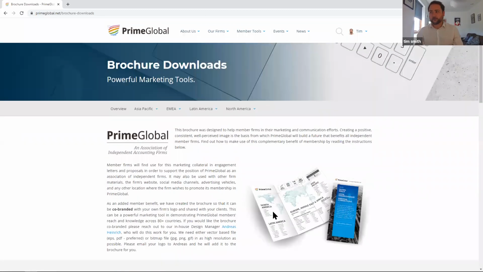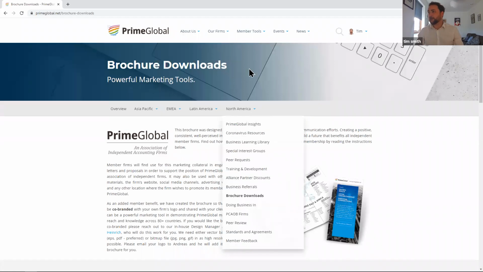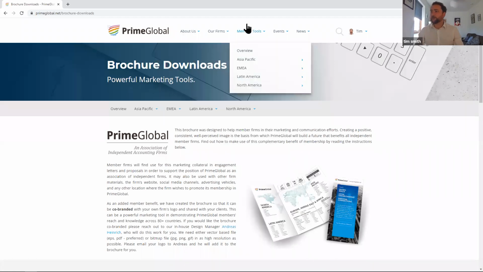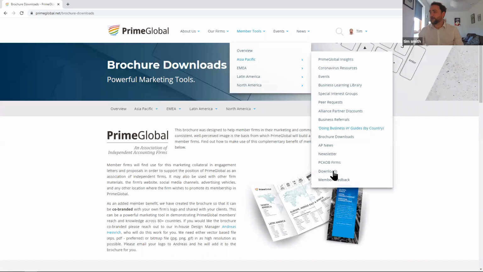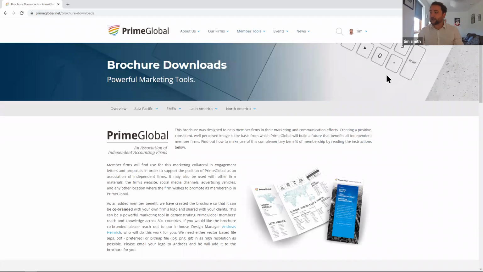This is a useful section for the specific brochure, but there is another section where you're able to access documents, important bylaws, and other PrimeGlobal documents. So if you go to your member tools, Asia Pacific, drop down and downloads here. You're also able to access this through your drop down menu in your profile. So if we click on downloads,